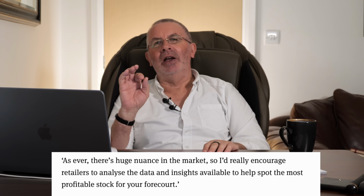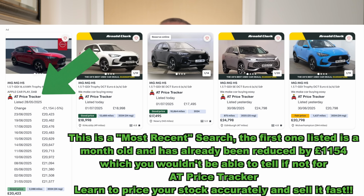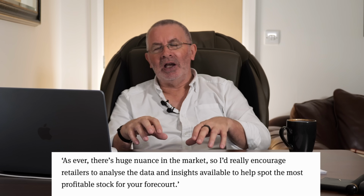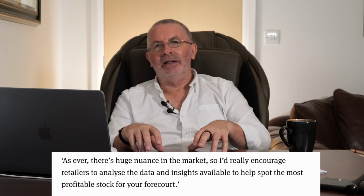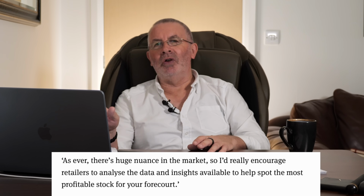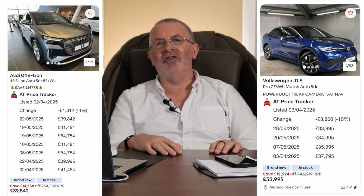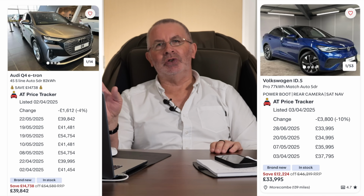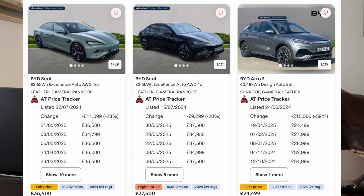Get Autotrader Price Tracker. You will see what the vehicle you are just about to take in is actually worth to sell. Not what Cap tell you, not what Autotrader tell you, what it is actually worth and being advertised by a retailer today. That's what you have to compete with. Forget all these valuation rubbish. Save yourself money. Cancel your Cap subscription. It's a waste of money. Just get free Autotrader Price Tracker